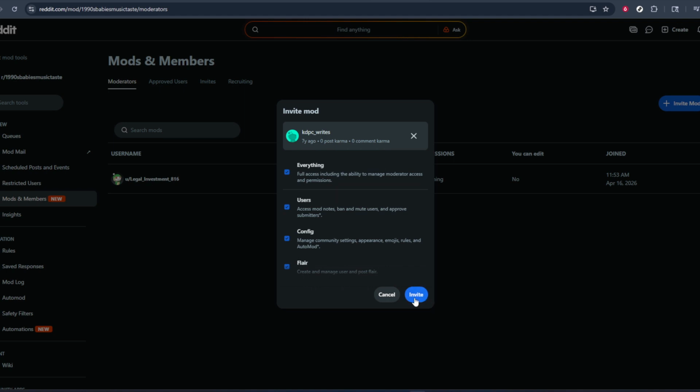Depending on Reddit's current interface, you may also be able to choose the type or level of moderator permissions you want to give. If you see options for different permissions, take a moment to review them. Think about what responsibilities this person should have. For example, helping remove spam, managing posts and comments, or handling community settings. Giving only the access they need can help keep your